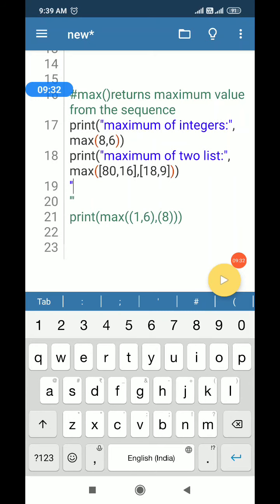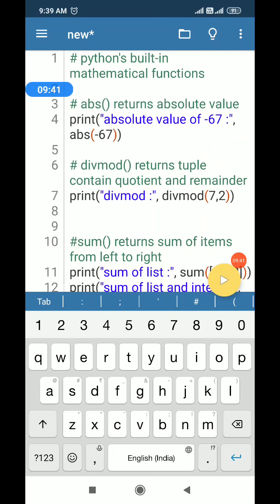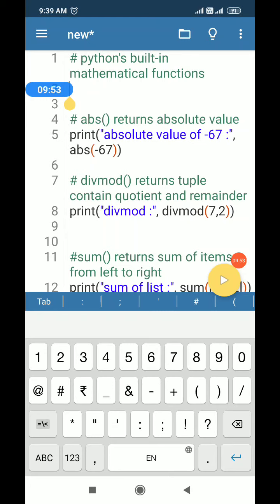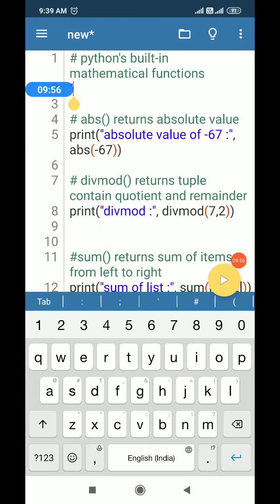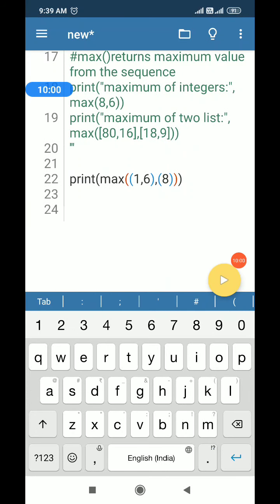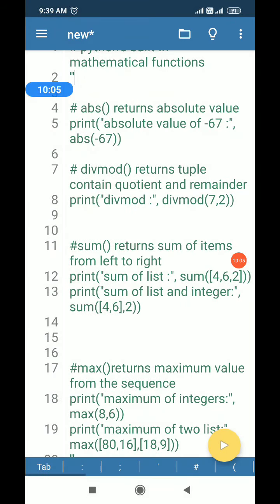That's why I'm opening the last statement and closing the other one, so that you can concentrate on the last statement. Okay, now only the last statement will work, but it will not print anything.